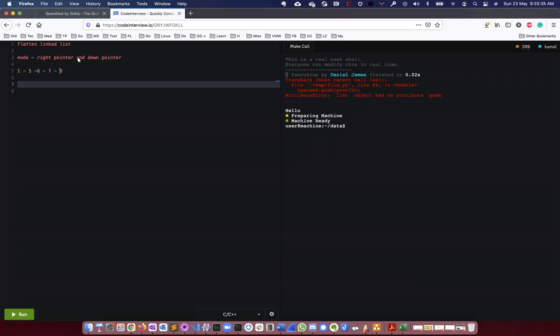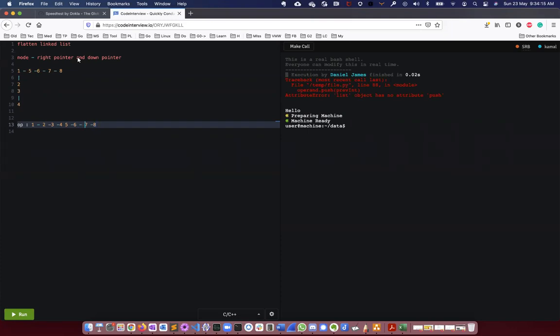These are the right side of the 1, and you have down from 1: 2, then 3, then 4. So this is the input, and after the flattening, it should be 1, 2, 3, 4, 5, 6, 7, 8.